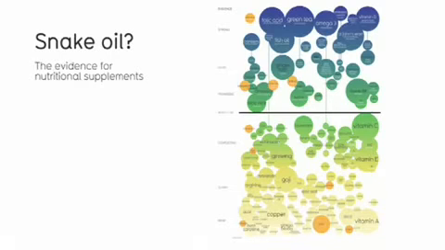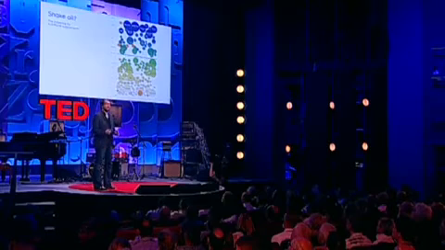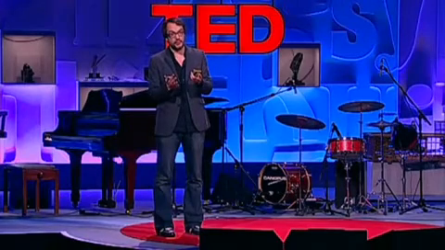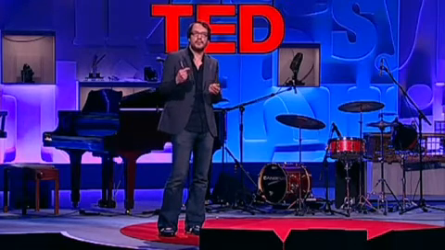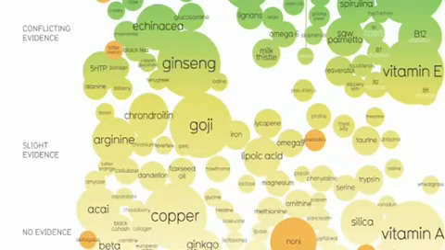This kind of diagram is called a balloon race. So the higher up the image, the more evidence there is for each supplement. And the bubbles correspond to popularity as regards Google hits. So you can immediately apprehend the relationship between efficacy and popularity. But you can also, if you grade the evidence, do a worth-it line. Supplements above this line are worth investigating, but only for the conditions listed below. And supplements below the line are perhaps not worth investigating.